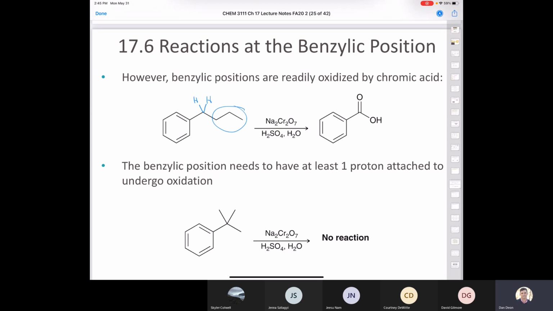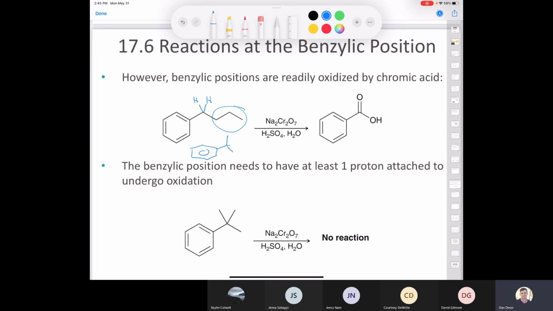Okay. So we end up removing those. Same thing if you had this molecule. This is called cumene. If you were to take this molecule here and you had only 1 hydrogen here and 2 methyl groups, and you did the same thing, you'd end up with the same compound. So you've got to have at least 1 hydrogen at the benzylic position. If you've got a tertiary group here, you get nothing happening because there's no hydrogen attached to the carbon at